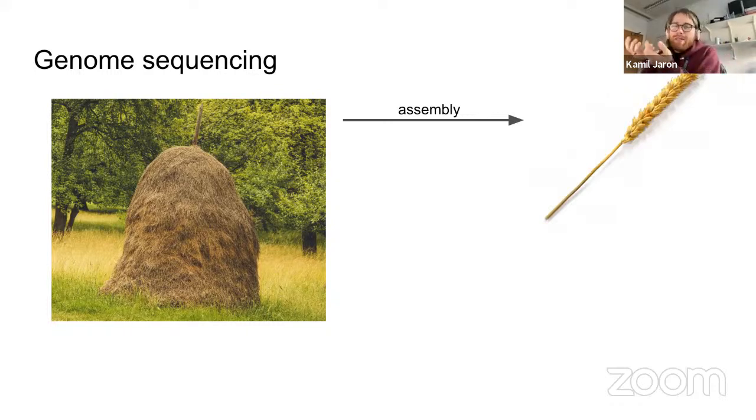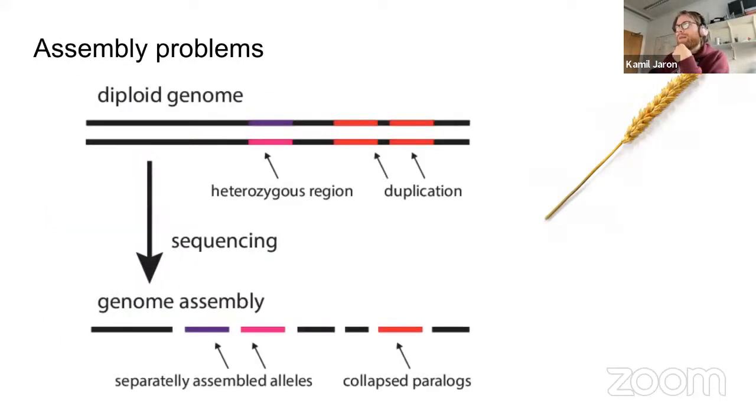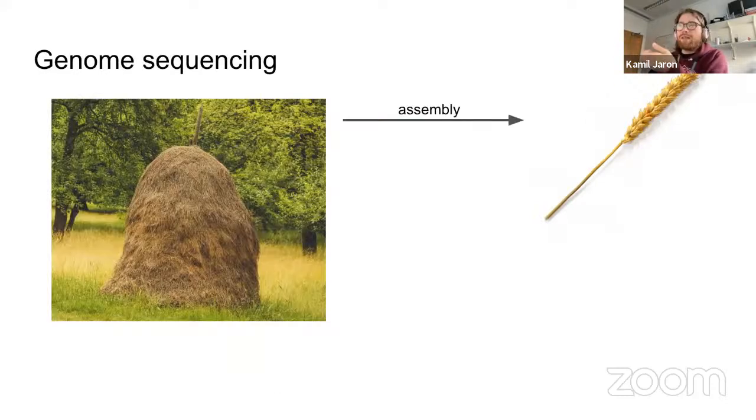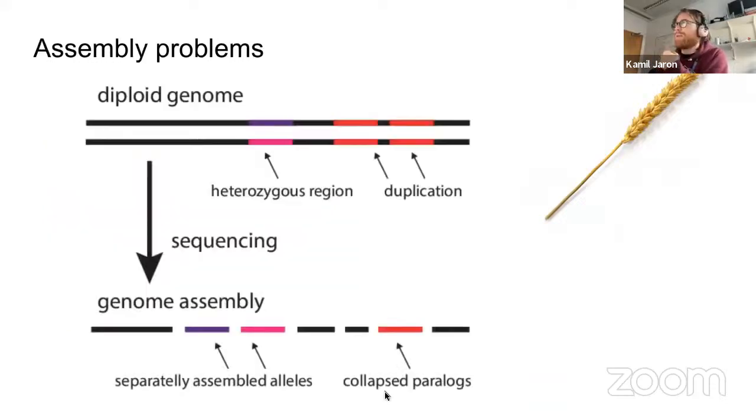When we sequence genomes, it's a bit like harvesting hay, because what we really truly want to know is what the individual stems look like, and what we really get is the pile of pieces of hay. The idea of doing assembly is that this is a reconstructed single stem, but it's a very complicated, complex process that is very hard to appreciate and understand, and hard to have a sense of how sane the assembly that we made was.